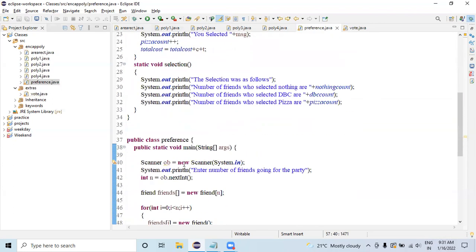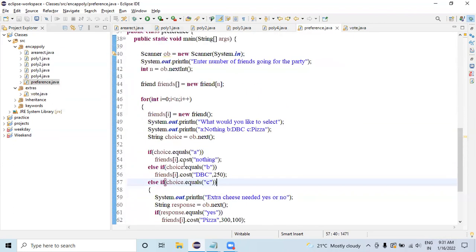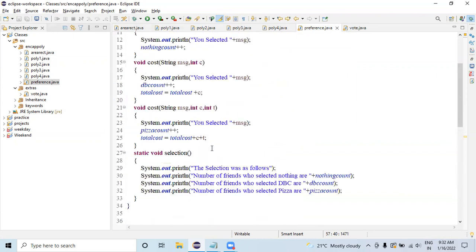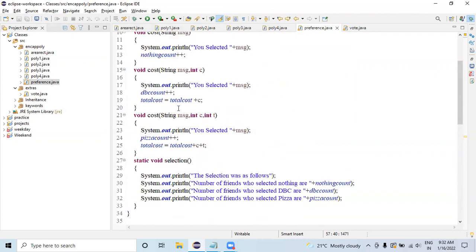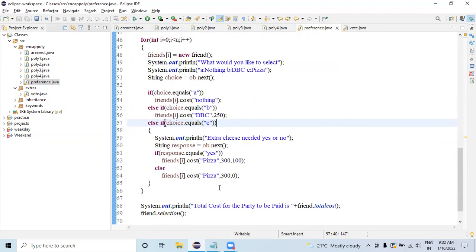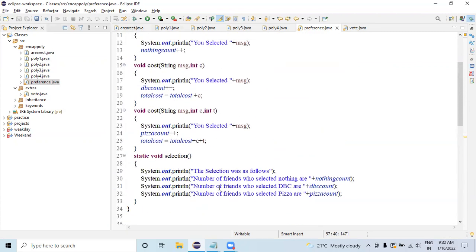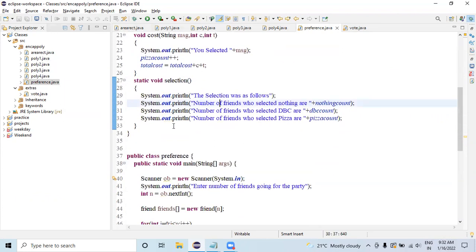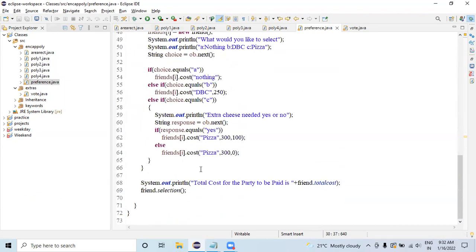We implemented this through a real world example where a group of friends go for a party and select different options from the menu. Based on the options they select, a different cost method will get called. Finally, we calculated the total cost to be paid by the group of friends, and also printed the number of friends who selected nothing, the number who selected DBC, and the number who selected